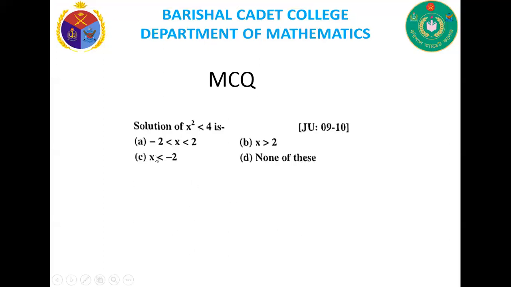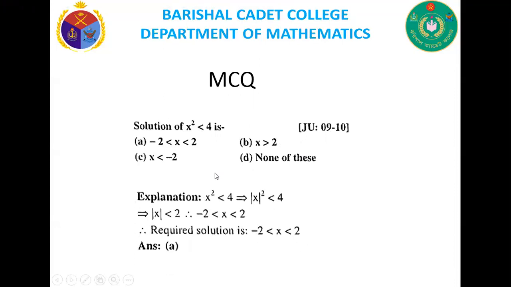The first question is, solution of |x² − 4| < 4 is. This is the question of session 9-10 of a university, Jahangirnagar University. What is given? A: −2 < x < 2. B: x > 2. C: x < −2. And D: none of these. So